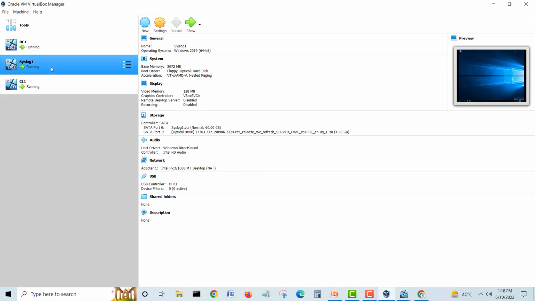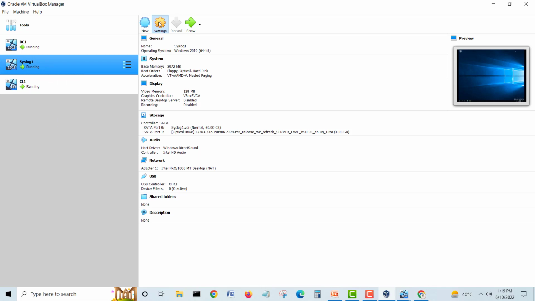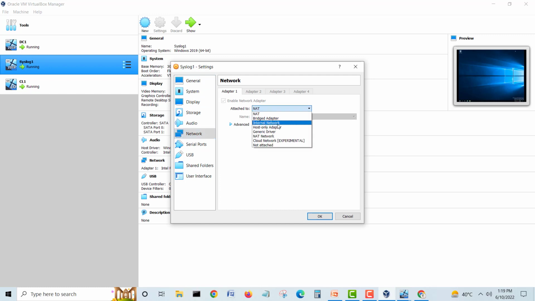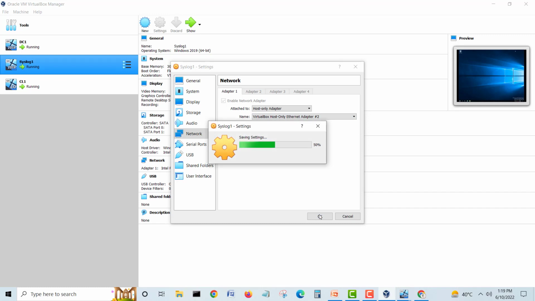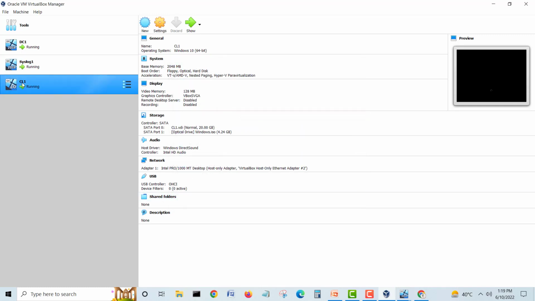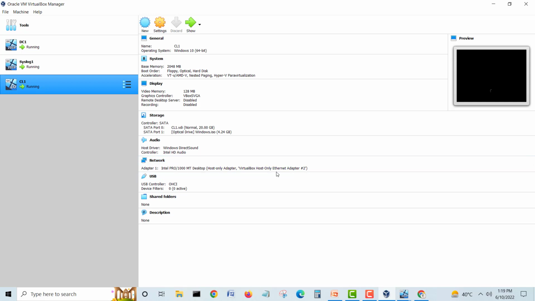And for the Syslog, we'll also go to settings, network, host only adapter, and it's the second one. We'll connect. And third, our client machine, also connected to VirtualBox host only Ethernet adapter 2, and all three are